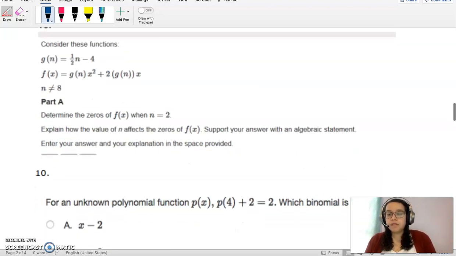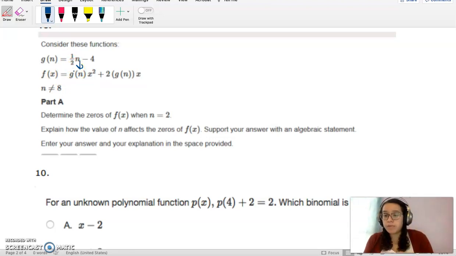All right? Here, it says when you put this into here, so you're going to plug this in here. What do you get? Determine the zeros when n is equal to 2. Explain what the values of n affects the zeros. Support your answers with an algebraic statement, right? So for here, f of x, it says it is actually equal to g of n